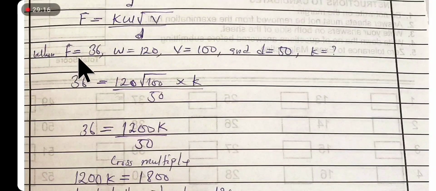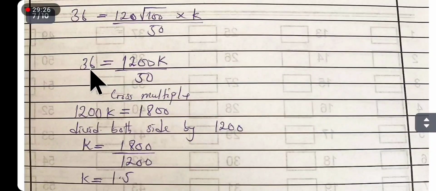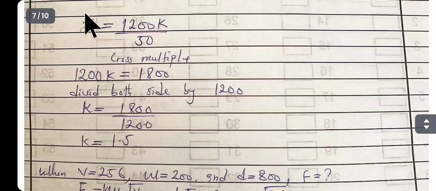So K is what? Therefore, F is 36 equals to 120, which is W, square root of 100, times K all over 50. So you discover that 36 equals 120, square root of 100 is 10, 10 times 120 is 1200, multiplied by K is 1200K over 50. So we cross multiply. Any number standing alone is over 1. So 1200K multiplied by the denominator, which is 1 here, will still give us 1200K,